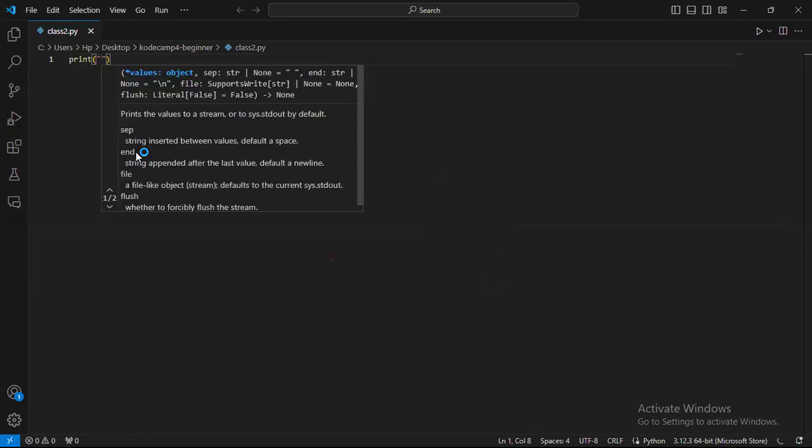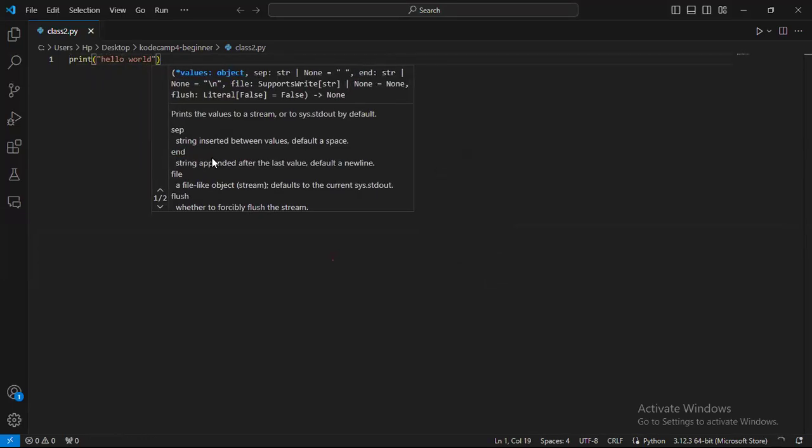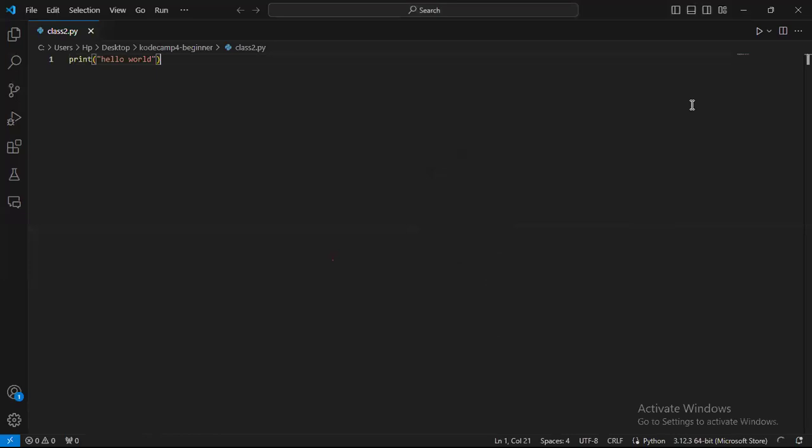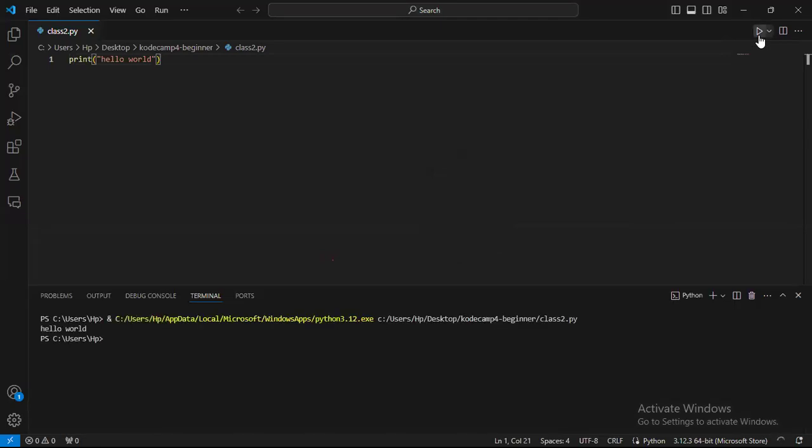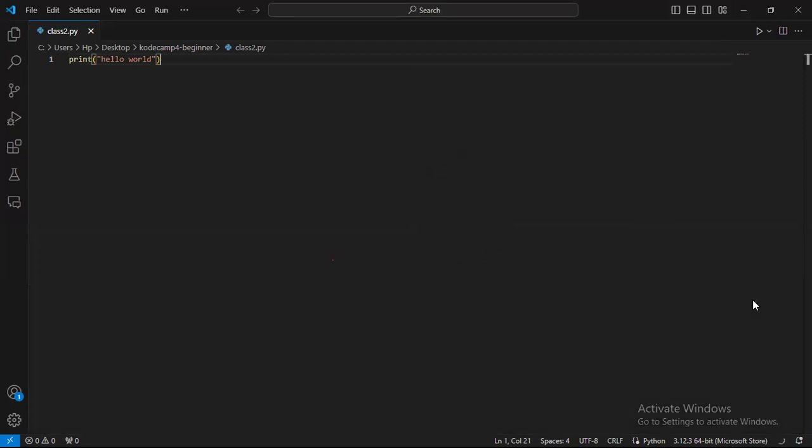Similar to what we did in our last class, print hello world, and we will simply execute by clicking on that arrow there that looks like a play button, and it will run the Python file in the terminal for you, which is what you have right there. That's the result of your program, hello world. All right, so let's put in multiple